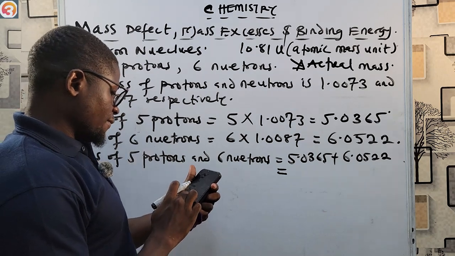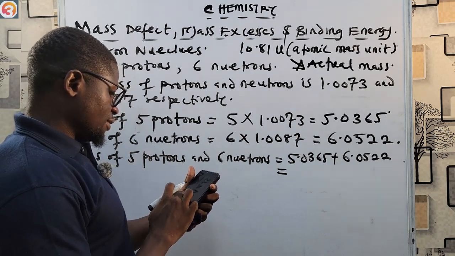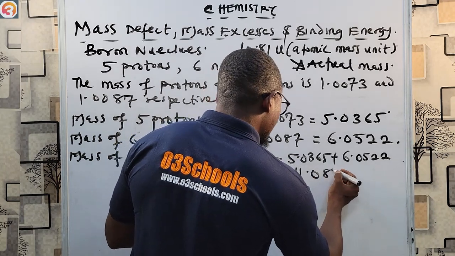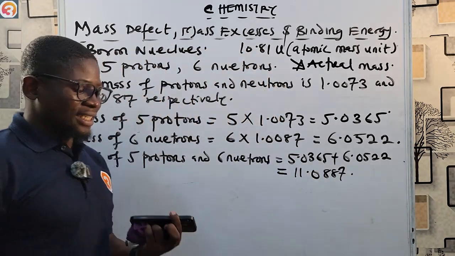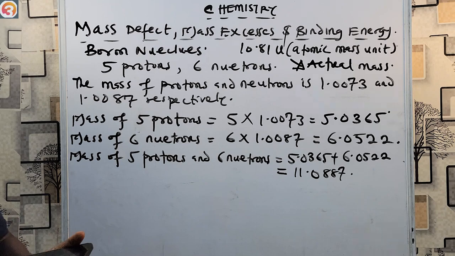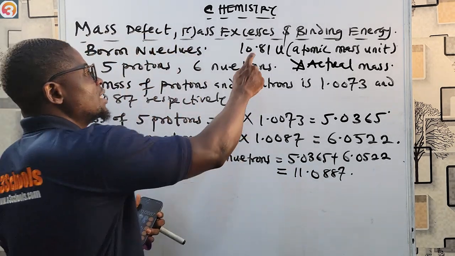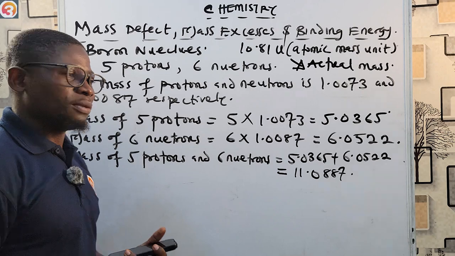That will give us 11.0887. This is the mass that we got. Okay, so now can I calculate the mass deficit, since we know the actual mass,